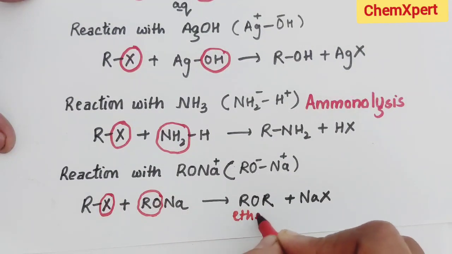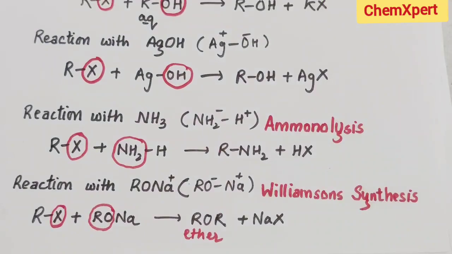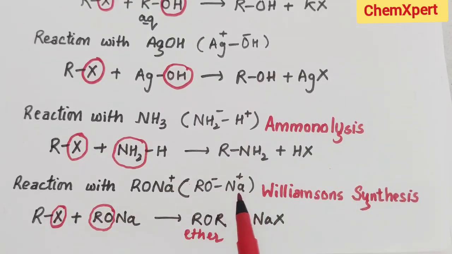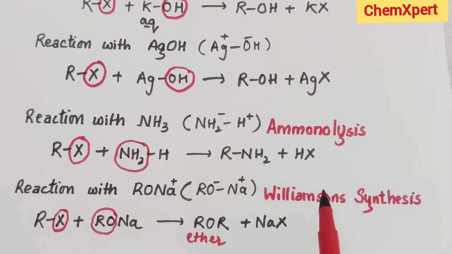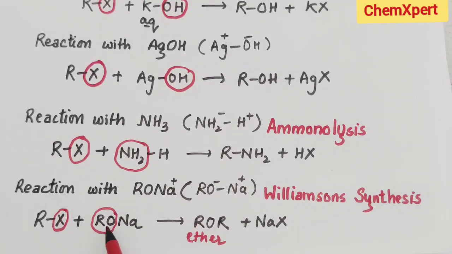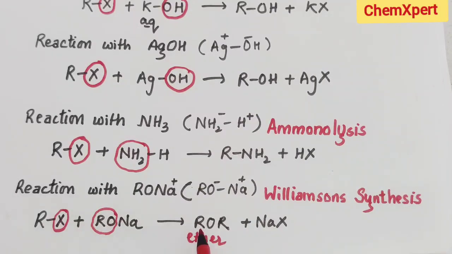This is a very important reaction, and again in this case what are we preparing here? We are preparing ether, and this one is also a name reaction known as Williamson synthesis, where sodium alkoxide reacts with haloalkane to form ether. For the complete mechanism, I have a separate video, because this topic is included in your next chapter, that is ether. I have posted the link in the description, so you can check out there a separate video on the Williamson synthesis. So here RX plus RONa forms ROR, that is ether, and NaX.